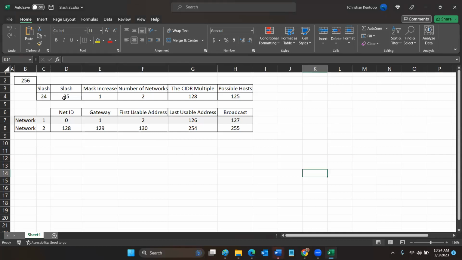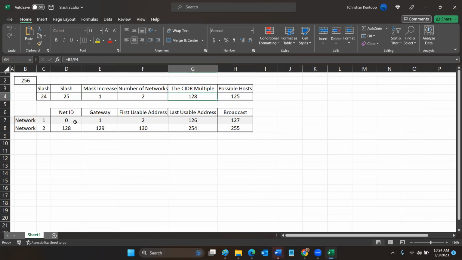In the case that we just add a single 1 and turn a /24 into a /25, we end up splitting the class C network into 2 networks. Each has 128 addresses instead of 256. If we subtract the 3 addresses we require for network ID, gateway, and broadcast,